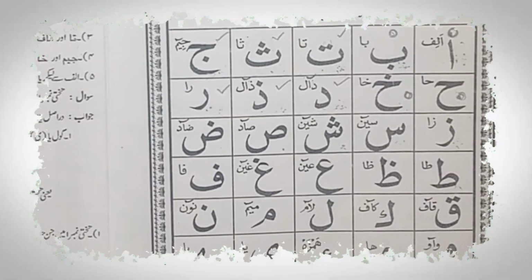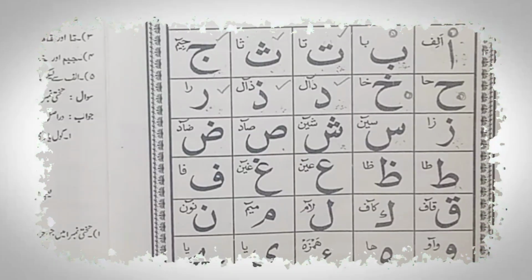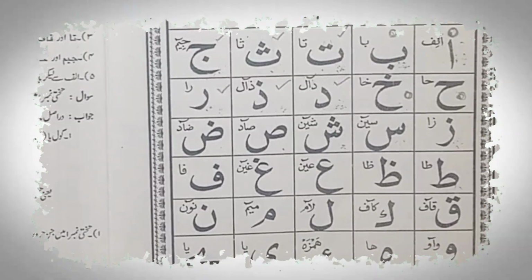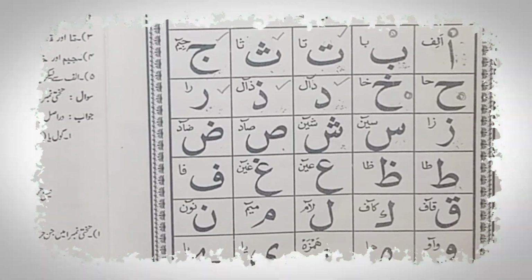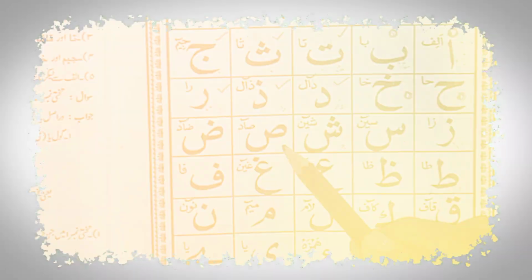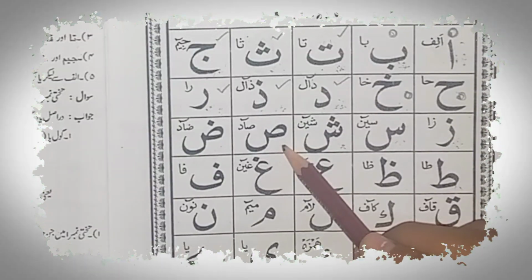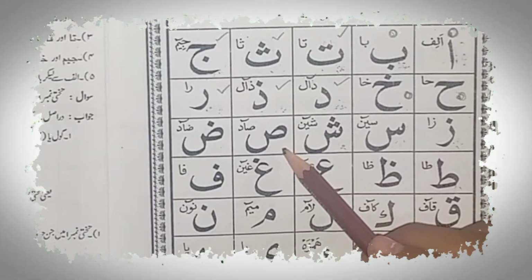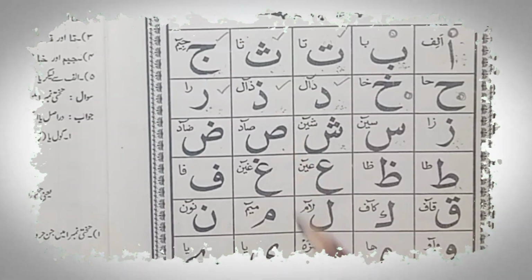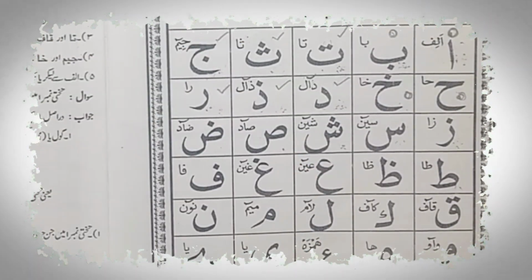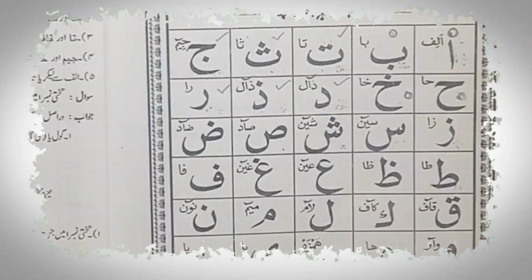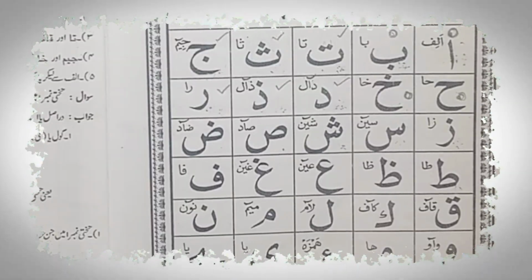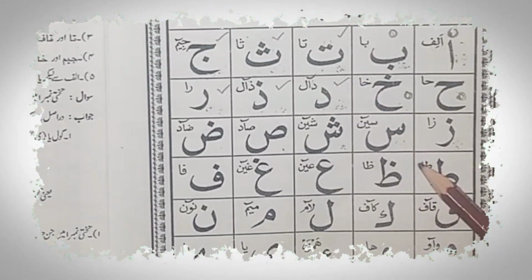Sheen. The middle of the tongue touching the roof of the mouth. Sheen. Then صاد. This is a heavy letter. صاد is pronounced like the sin but with a heavier sound, and in sin here